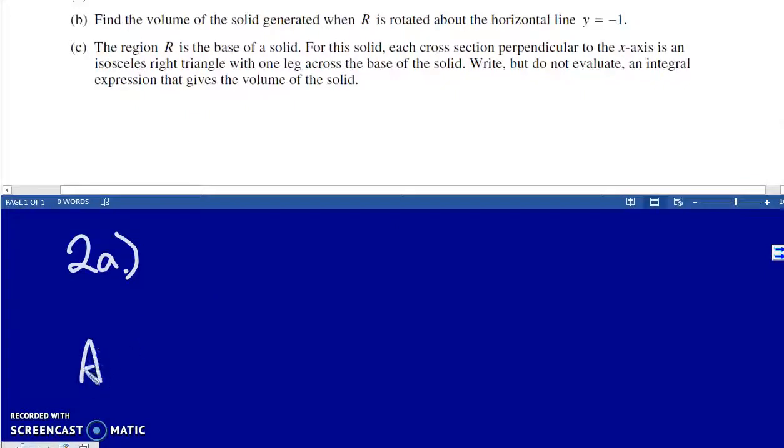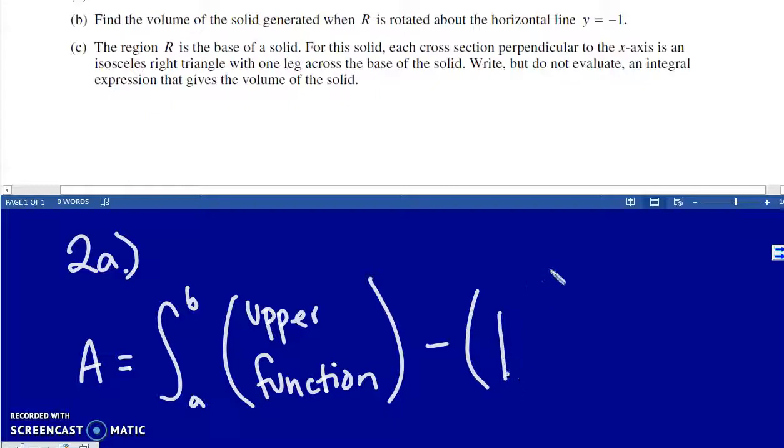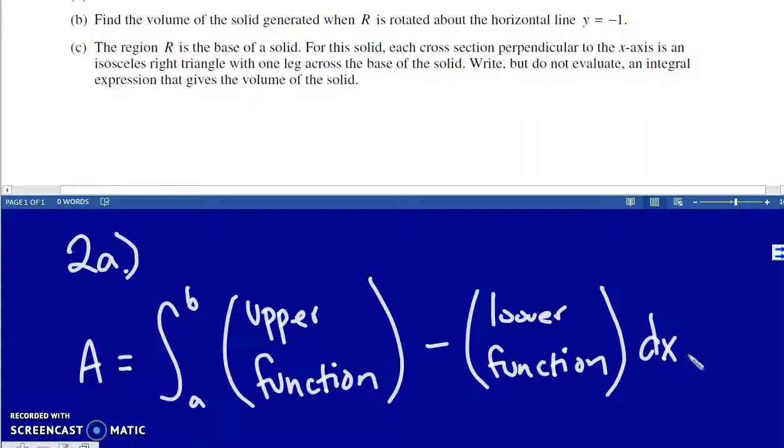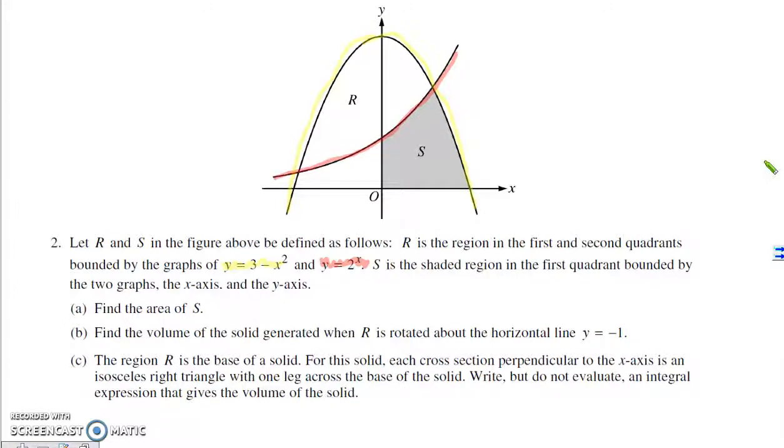So area is going to be the integral from a to b of the upper function minus the lower function dx. The problem here is that notice that it's asking for the area of the region S,